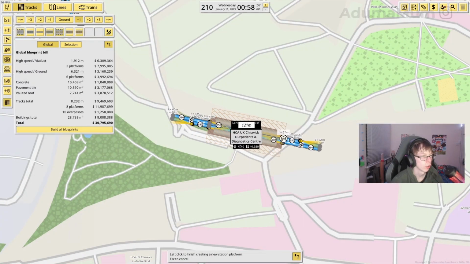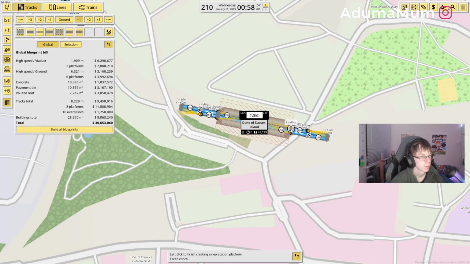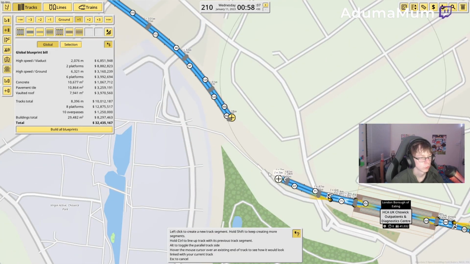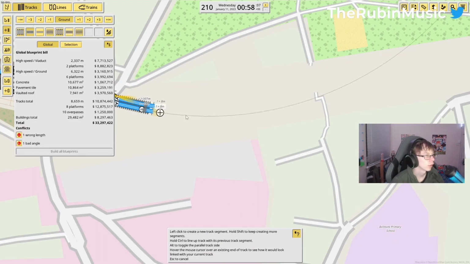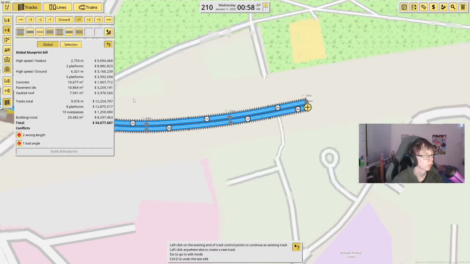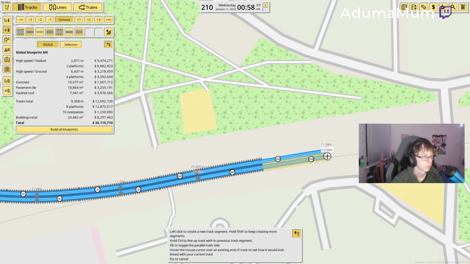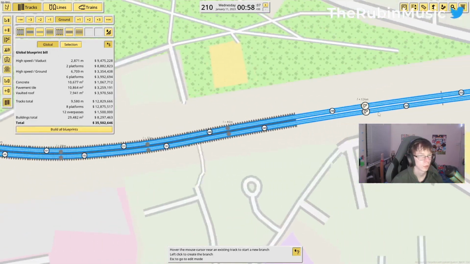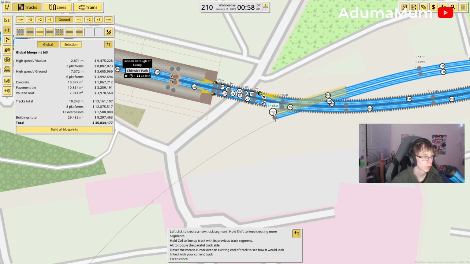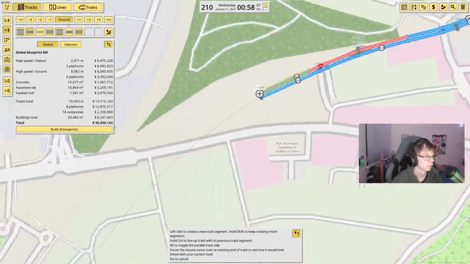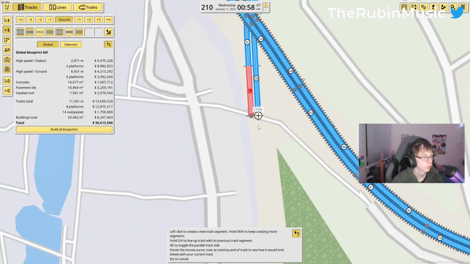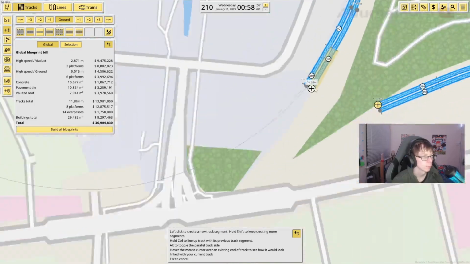This here will be Chiswick Park, so I'm just going to put this in this gap here. Just have this curve up, something like that, and let that come down like this. I'm going to keep this on a viaduct like here, and do that. Then I'm going to have this bit curve off like this down through here. And then what I'm also going to do is the overground bit here,